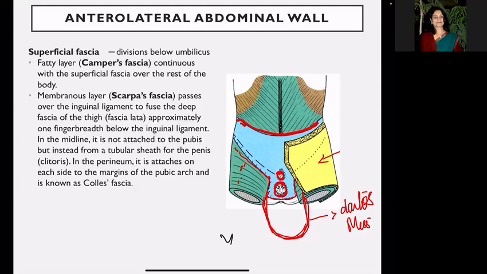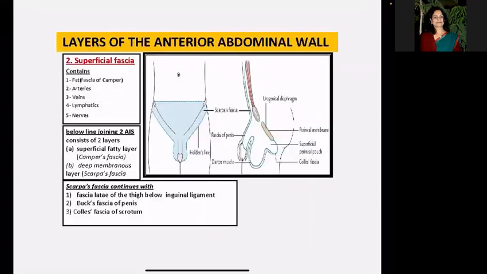If you see in the sagittal section, this membranous layer comes downward just in front of the pubic symphysis, pubic bone, and is continuous in the penis, and from the penis to the dartos, to the scrotum, and then posteriorly it is continuous with the posterior end of the perineal membrane, and thus forming a